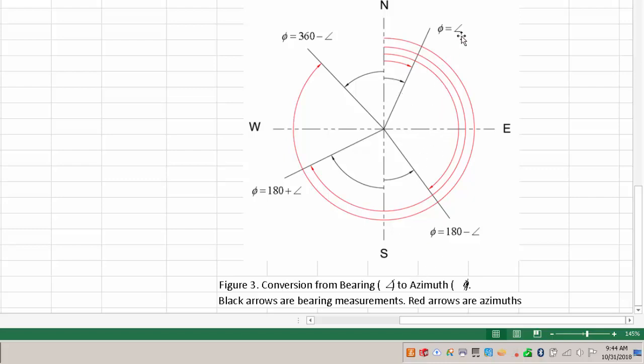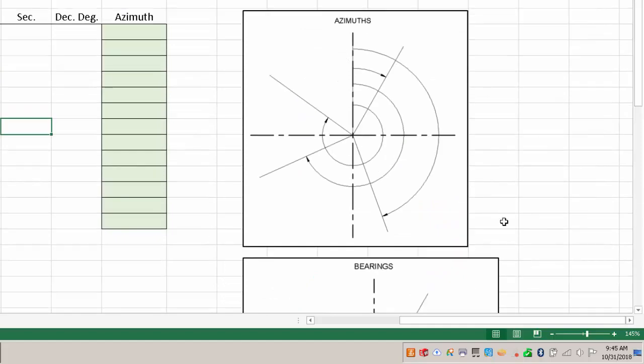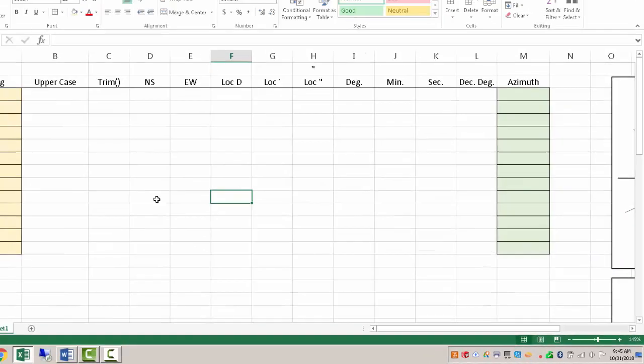So if the bearing is given, the decimal degree angle of the bearing is given as the angle symbol here. When you're in the northeast quadrant, they are identical, the azimuth and the bearing angle. When you're in the southeast, it's actually 180 degrees minus your bearing to get to your azimuth, which is the red line here. In the southwest, it's 180 plus your bearing angle, and then in the northwest, it's 360 degrees minus your bearing angle. So this takes a bit of time to do by hand,